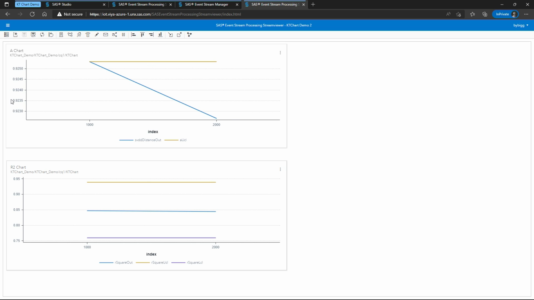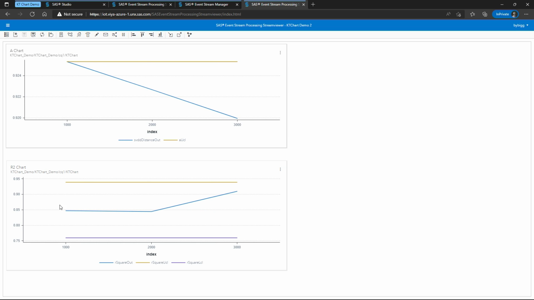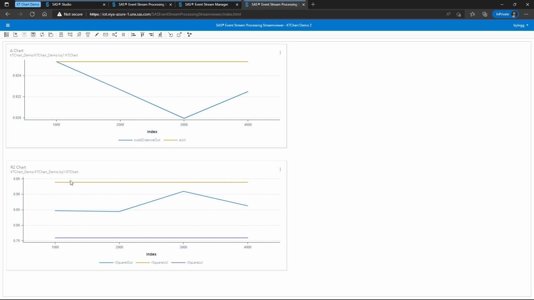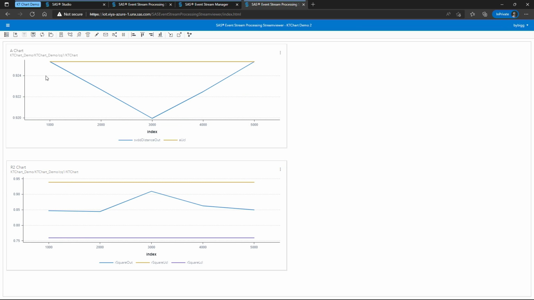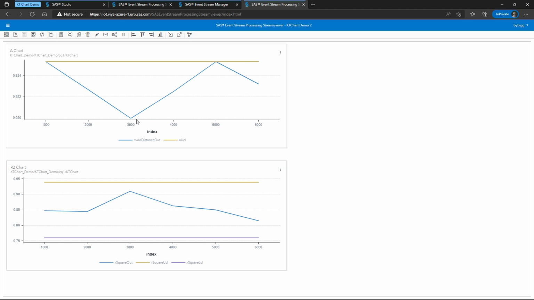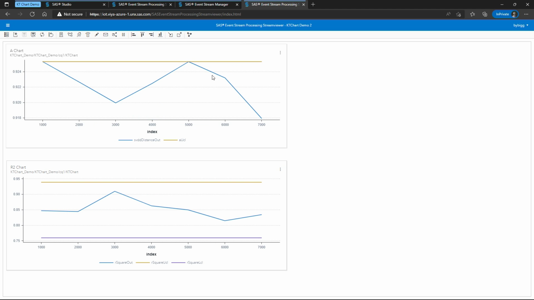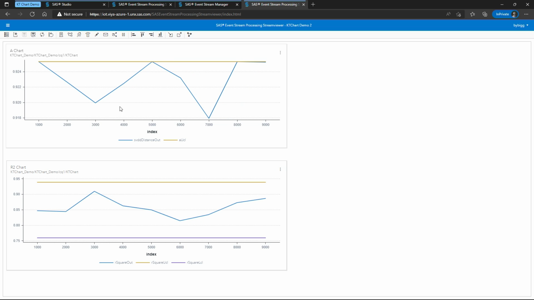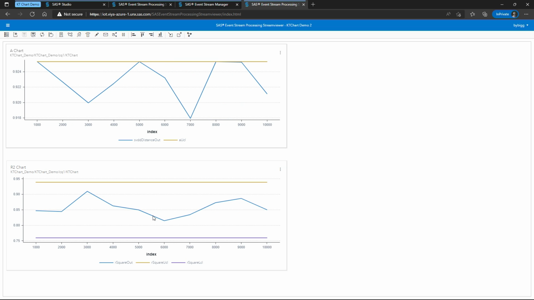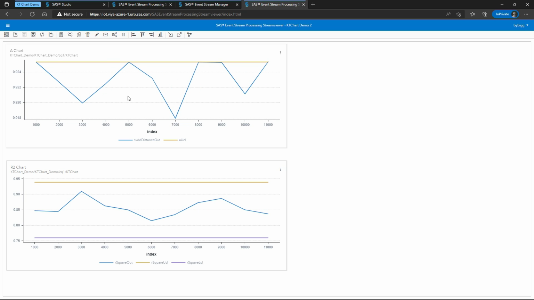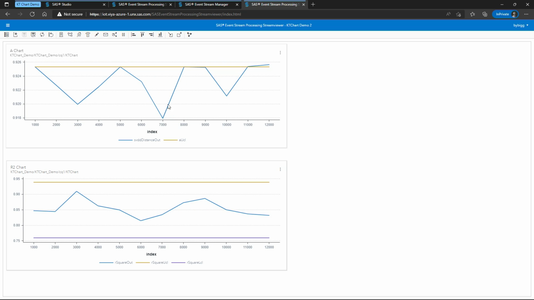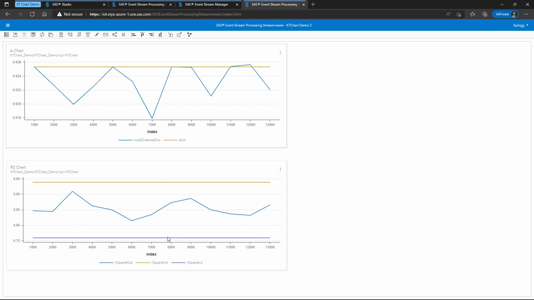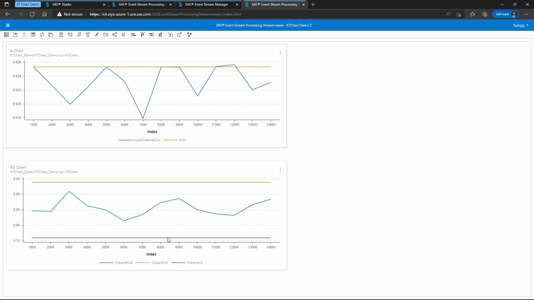So at the top we have the A chart and the upper control limit. At the bottom we have the R squared chart and the upper and lower control limits. So as the data comes through, each data point that appears represents an SVDD analysis of 1,000 data points that produced a center and a spread for that cluster, and we're comparing that with the center of centers in the A chart and the upper and lower control limits in the R squared chart that we previously generated from the training data.